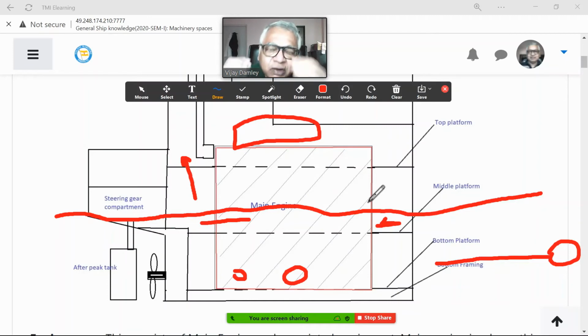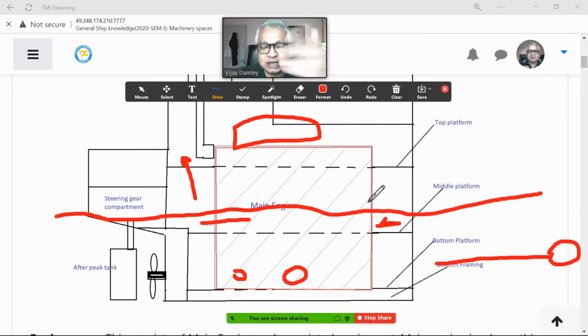Similarly, if you have any fuel tank in the engine room, fuel tank, lube oil tank, anything, they are never part of the ship side. They are independent. That means you can go around it for inspection, to check that there is no leakage. So there are a lot of strict requirements in the engine room. Even sounding pipes and all, when you learn sounding pipes, I will tell you. So this is how the engine room has to be designed.